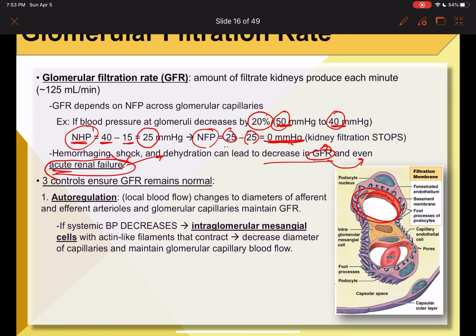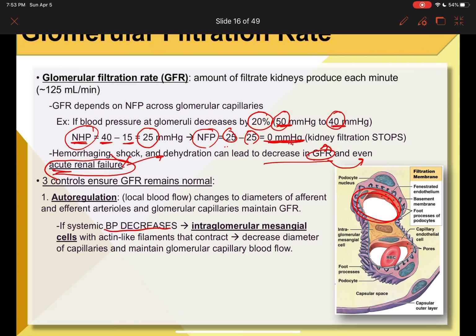For example, if your systemic blood pressure decreases, either due to hemorrhaging, bleeding somewhere, or dehydration of some sort, locally, your kidney can sense that drop in blood pressure,